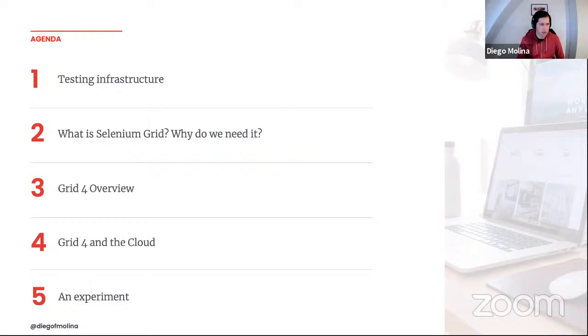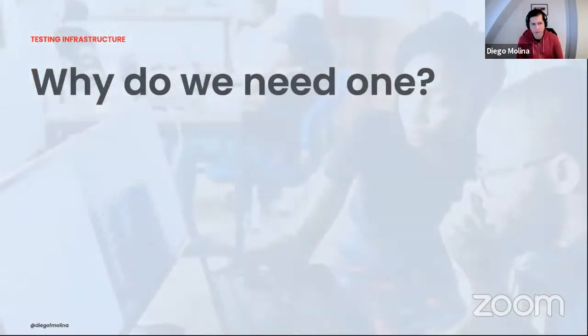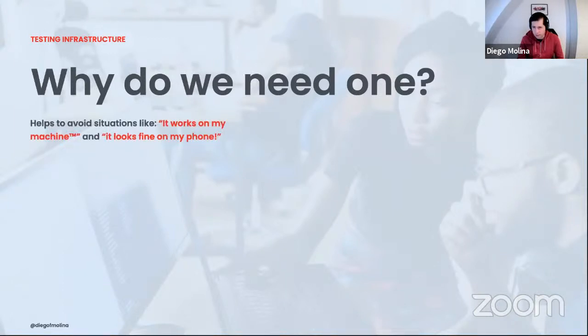Hopefully some of you are already familiar with what Selenium and Grid is, but nevertheless, let's talk about it. So starting with the testing infrastructure topic, sometimes people, when they're starting into the test automation world, wonder why do we need one? Why can't I run everything on my laptop, right? Why can't I use my phone to test everything? And one of the main situations we have here is that when you develop an application or when you run a test on your laptop or on your phone,